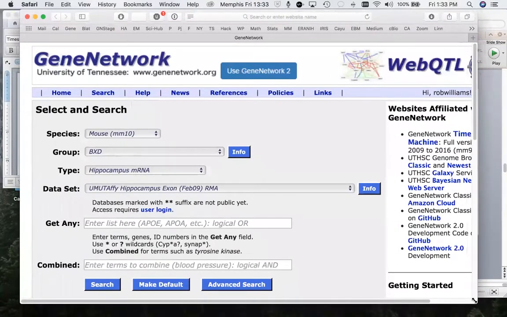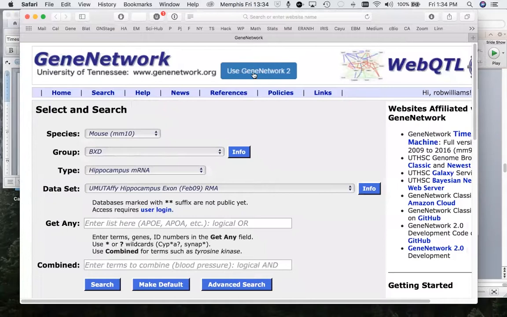Okay, so this is what the production version of Gene Network looks like right now. You'll notice that it says use Gene Network 2. It should say use Gene Network 2 at your own risk. It's much better code, so if you're interested in working with any of our team on coding or user interface, Gene Network 2 is our state-of-the-art. I don't know if it's the state-of-the-art, but it's the best we can do. It's all available on GitHub. I provided that link in the second slide.